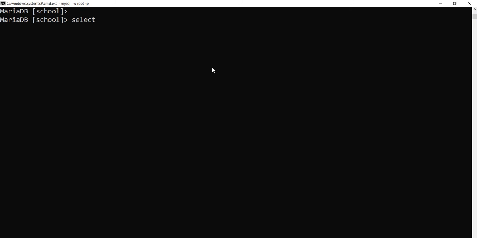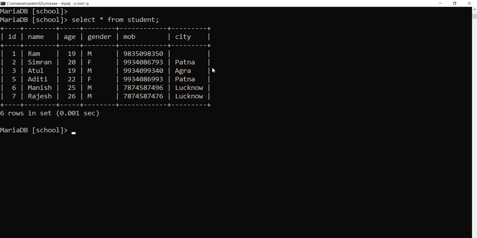Select asterisk from student. For example, I am considering age because age may be repeated. For example, 19 has been repeated, gender has been repeated, and city has been repeated.